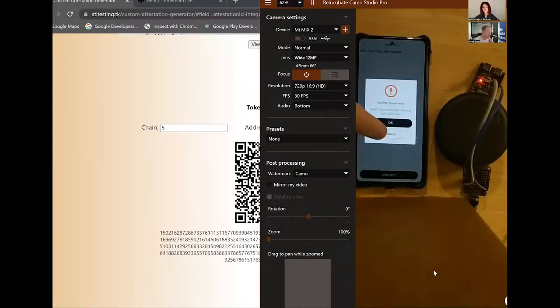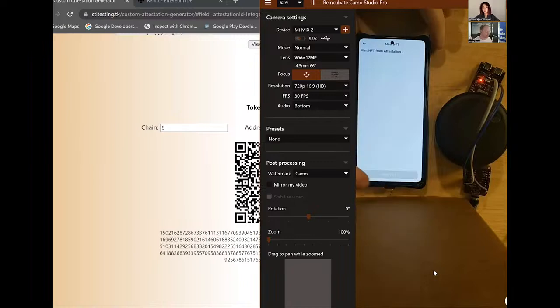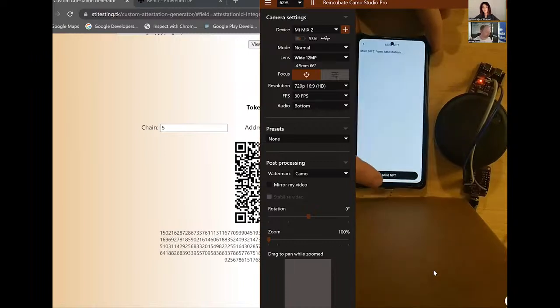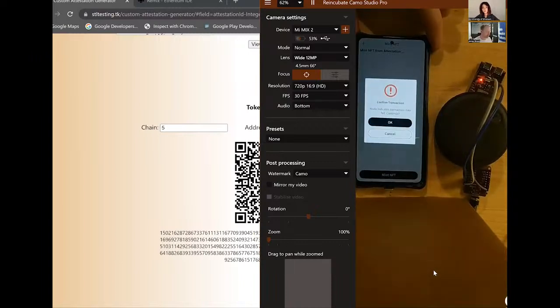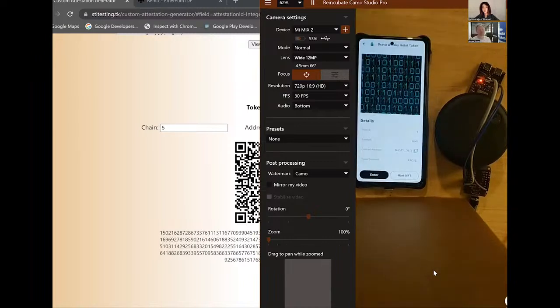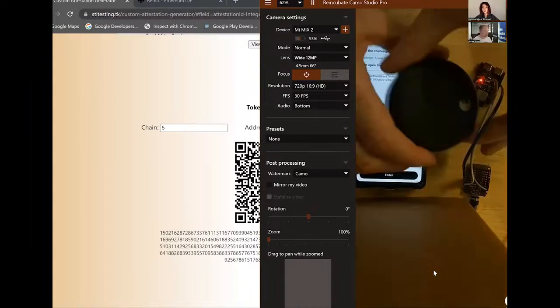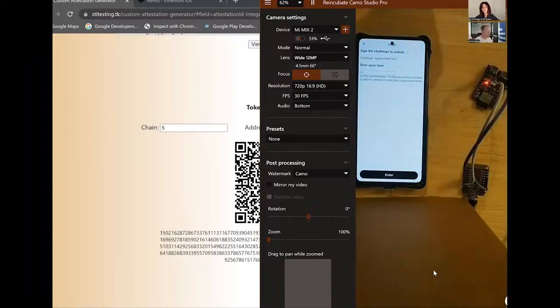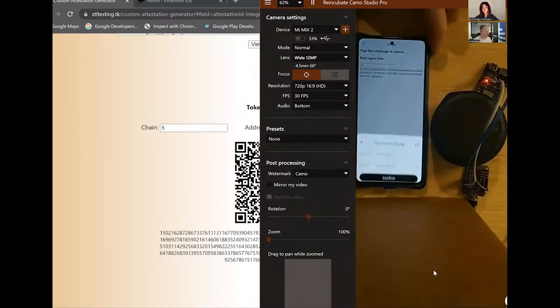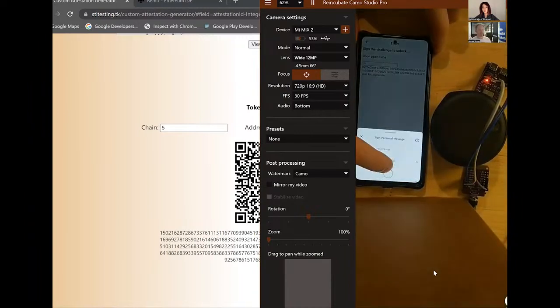Oh, and it's saying it probably won't be mintable. So let's try again, because that might have just been a glitch. No, okay. It's not letting me mint it. Okay. So we can just go ahead and reset that. See it working again.